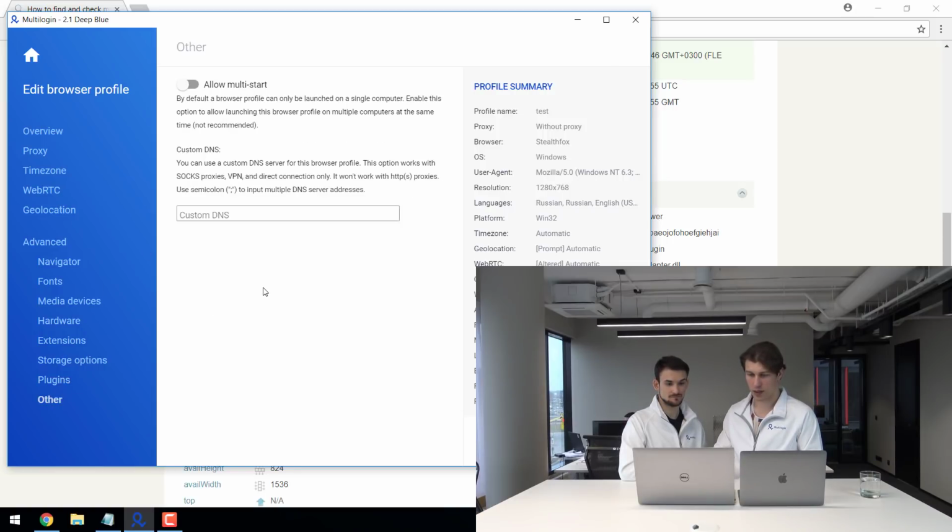So the last view here has 2 options. Allow multi-start. You don't need this option unless you know what you're going to do with it. And custom DNS is for those situations when maybe a proxy server has incorrectly set